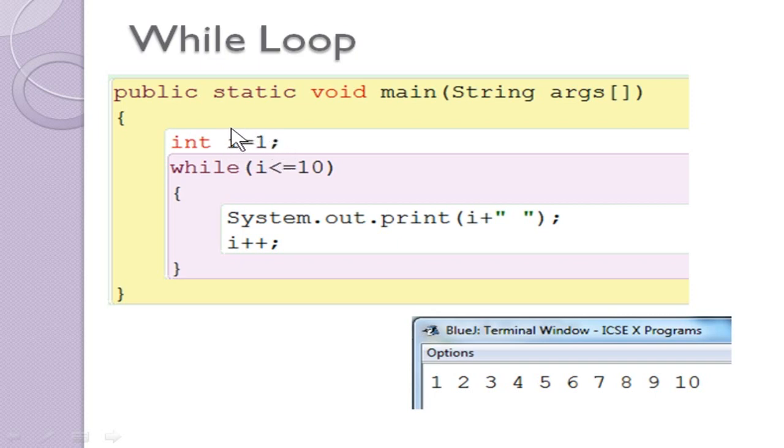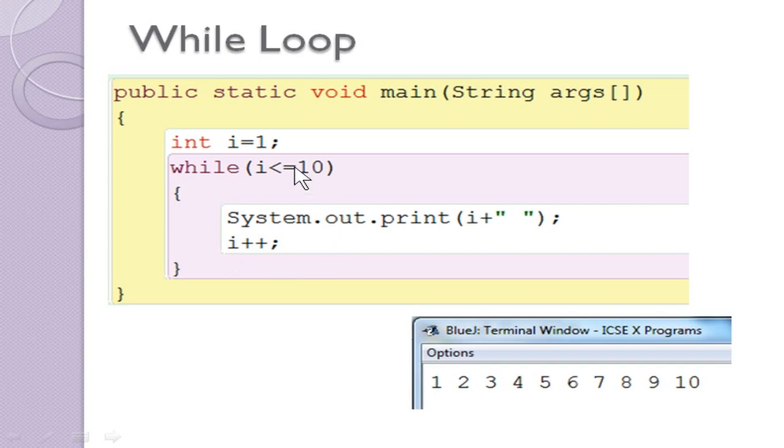So you have to initialize the value, that is the control variable, with the start value, and then you can see the while statement will be executed with the condition. So here you can see 1 is lesser than or equal to 10. So once the condition is true, it will enter the loop. It prints the i value. After that it will update the i value here, i plus plus, so it becomes 2.